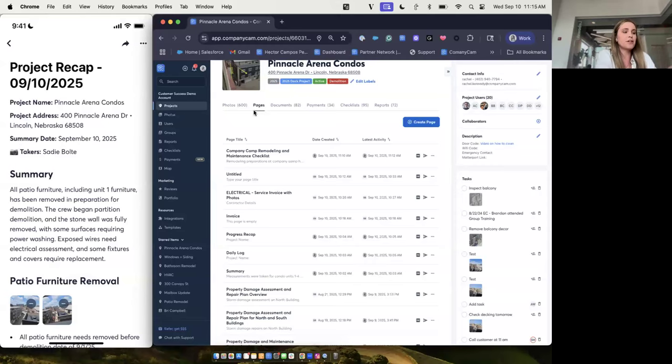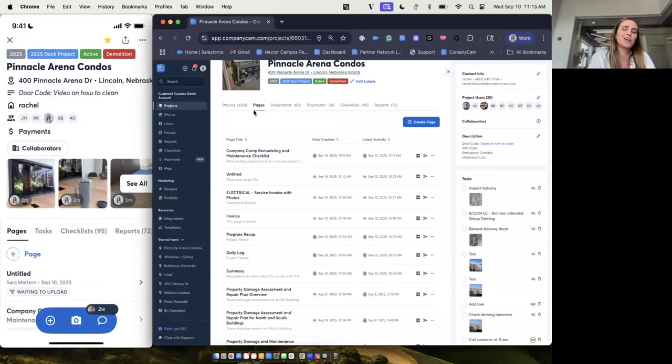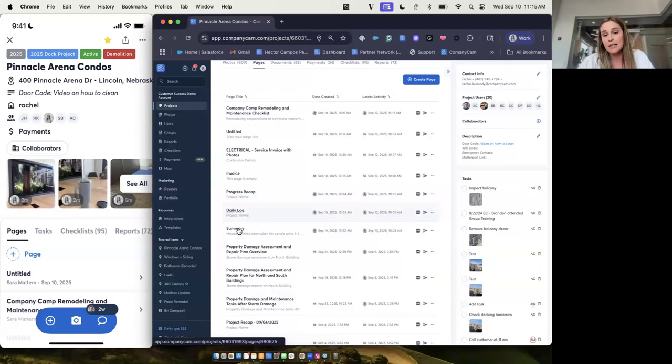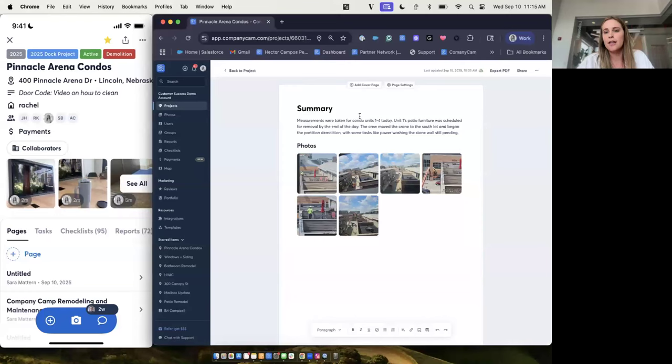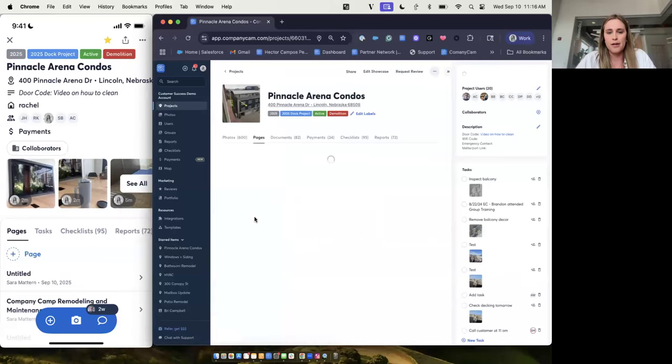Again, with the progress recap, summary, and daily log, you're going to take those photos you've already taken with the context and then generate that. For an example of what the others look like here, like the daily log and the summary, I went ahead and generated a few for you. The summary is going to be a little bit more stripped down. This is going to be the more basic version. Gives you a summary of what was going on the job site with the photos, and just puts it right here for you. And then also with our daily log,